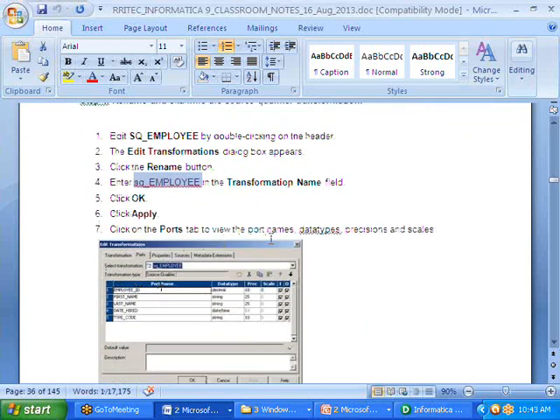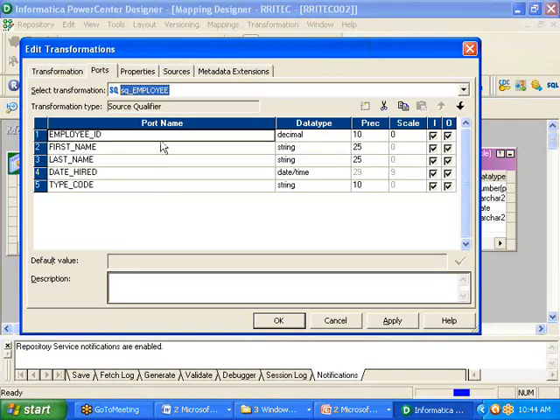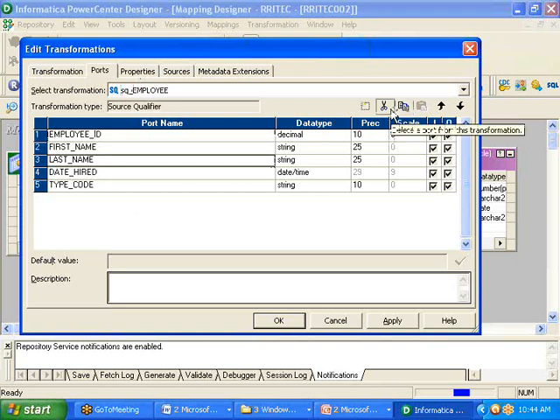Click on the Ports tab to view the port names, data types, precisions, and scales. If you click on this Ports tab, here the port names are available. In Informatica, a port is what a column is called in the database. If I want to remove one port, I can use this Delete button. If I want to create one port, I can use this New button. If I want to create one more port similar to this port, I can use